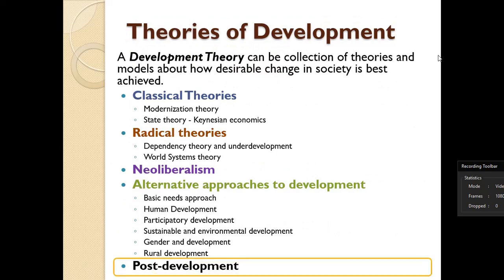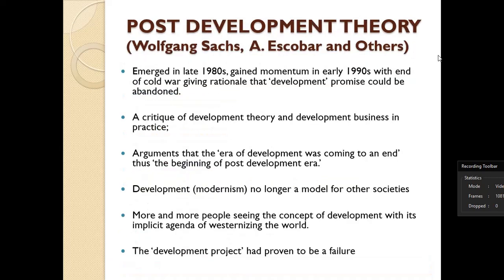So finally, we look at the post-development theory, and it emerged in the 1980s, but then of course gained momentum in the 1990s. So from 1945 up to 1989, there was a Cold War between the communists and capitalists, or between the US and Russia. Therefore, that kind of Cold War was the one influencing these other theories on how particular countries should develop and so on. So, with the end of the Cold War in